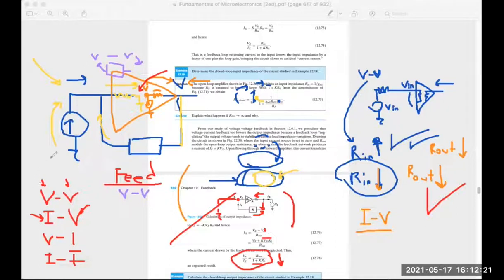Your main feed forward amplifier is IV. How should your feedback be? Voltage input. Voltage, current. How about this? Current, voltage. And this one? Current. Okay. So as you can see, it's opposite. I mean, not opposite, but if it is voltage, logically your feedback wants to take the voltage and deploy voltage